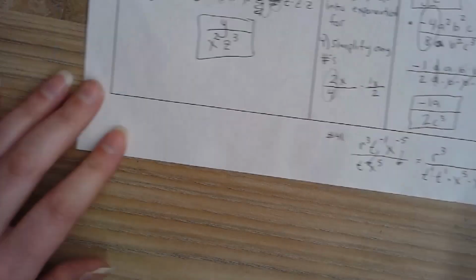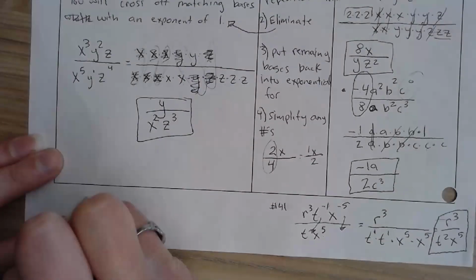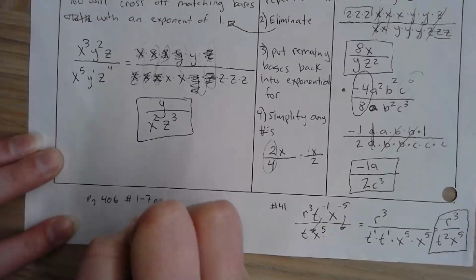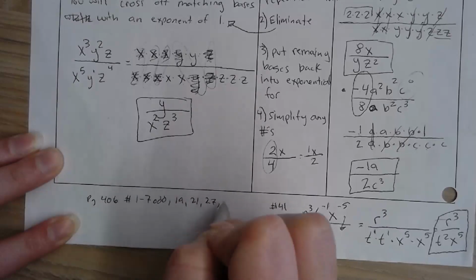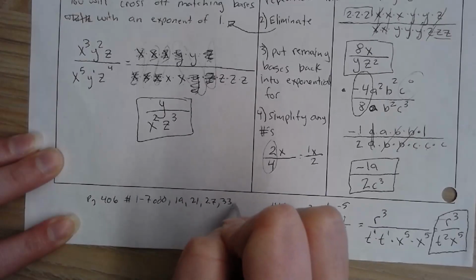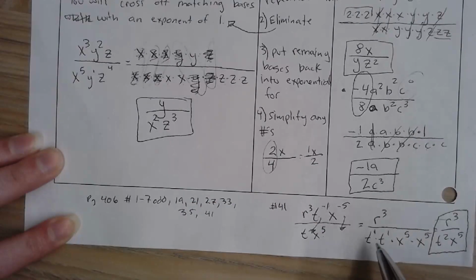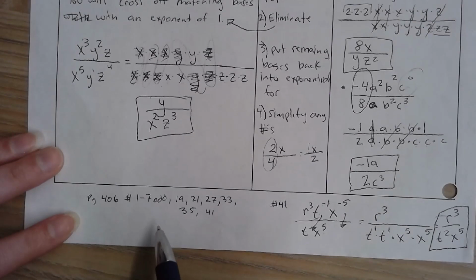Okay? So your assignment will be on page 406, number 1 through 7, odd, 19, 21, 27, 33, and 35. Technically you have 41, but we already did it, so you don't need to do it again. All of these are in the back of the book, so check your work, make sure you're doing it correct,